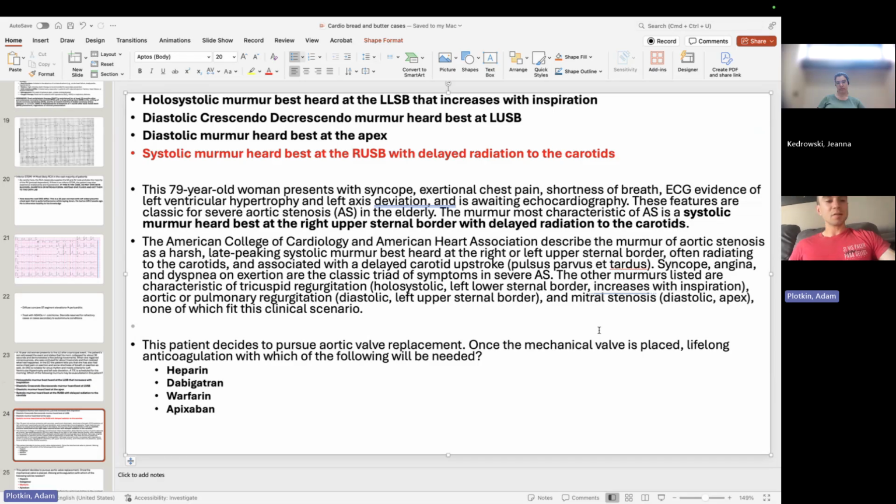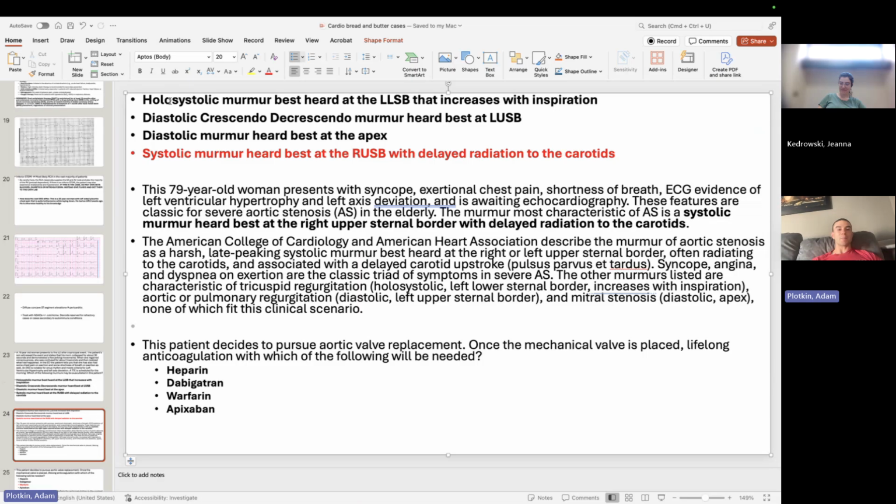All right, does that make sense? Yeah. So classically, you can see hypertension, you can see left ventricular hypertrophy, left axis deviation, because the left ventricle is going to get big, big, big to try to compensate, right? So I think that's what I wanted to say on that. So make sure, again, murmurs, super high yield for Step 2, right? They never go away. Murmur, murmur, murmur.